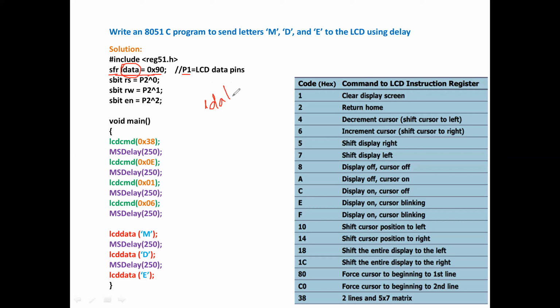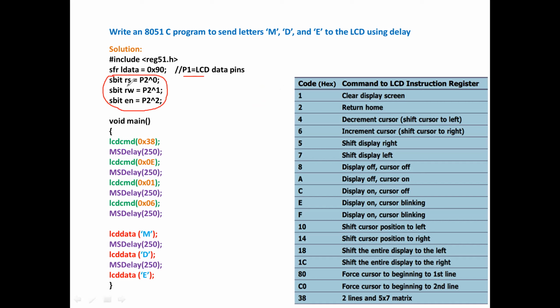Here, L data is a variable which is initialized with port 1, the same instruction. L data is nothing but P1. Whatever data I put here will be reflected in P1. That's it, right? So they have simply assigned it to one of the variables. Now I have assigned port 1 as the data lines or command lines. You can say whatever you want.